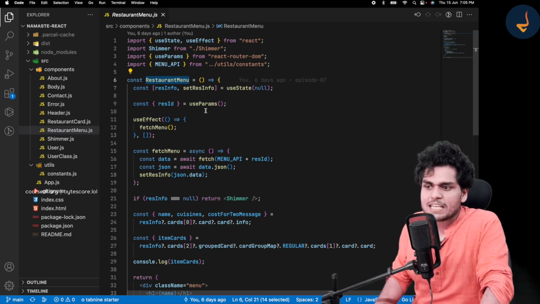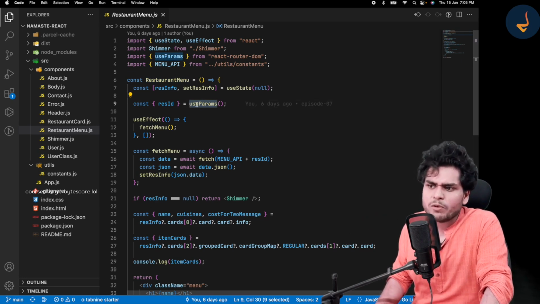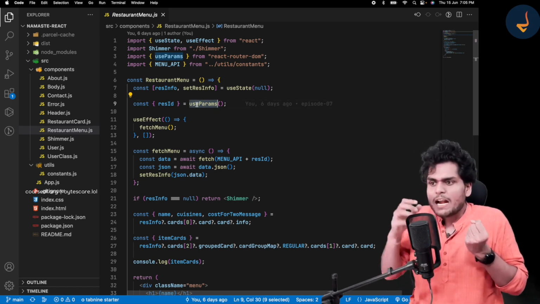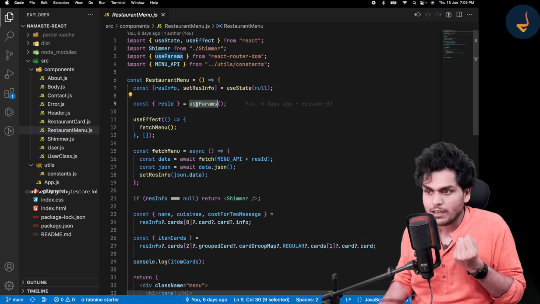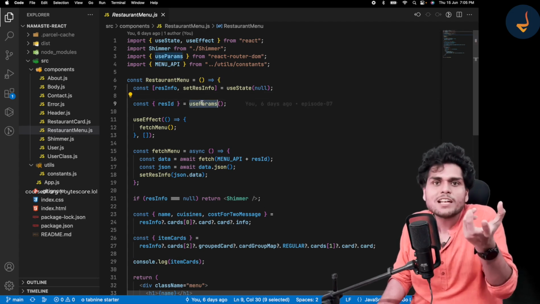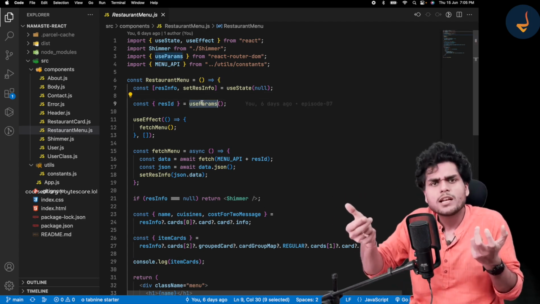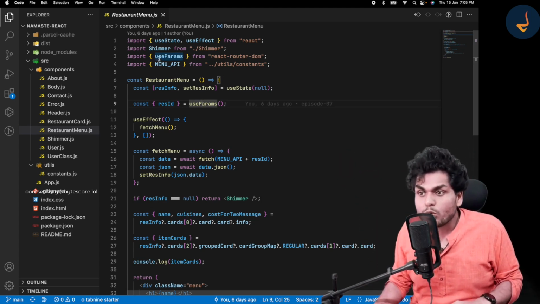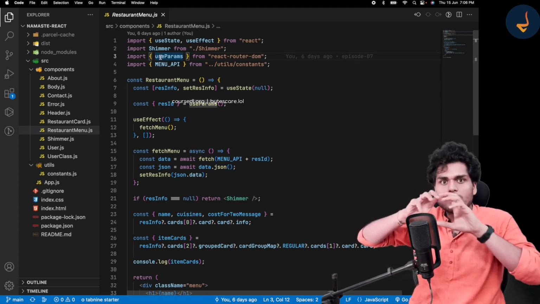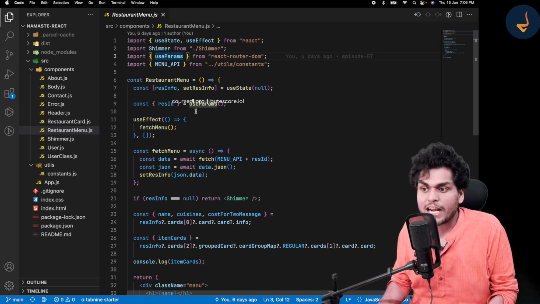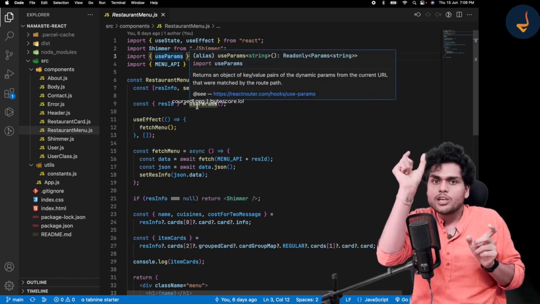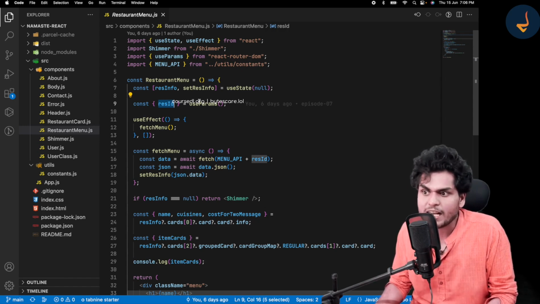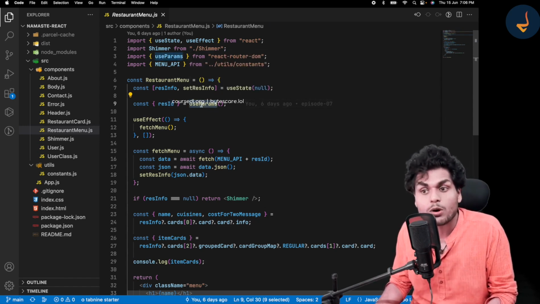Let's take an example of useParams, right? We had a useParams hook, right? So this useParams hook gives us the res ID, and we don't know what is the code written behind the scenes, right? This useParams is a hook, is a utility function. What is a hook at the end of the day? It's just a utility function, right? We don't know how this useParams is getting the parameters. There would be some code written for useParams that will go check the URL, check what is the res ID over here, and then abstract that res ID and give it to you over here in this variable res ID, right? We are not bothered about the implementation of the hook.